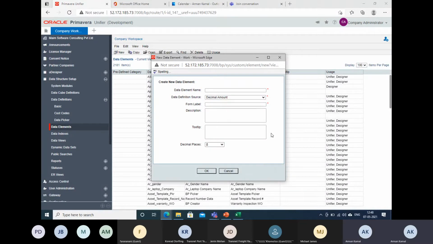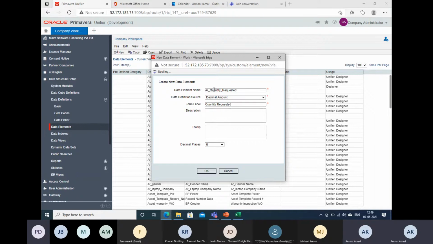This is something we have to remember: the integer can be configured in a decimal amount field. So I will put 0 decimal places, and put the name, quantity requested.